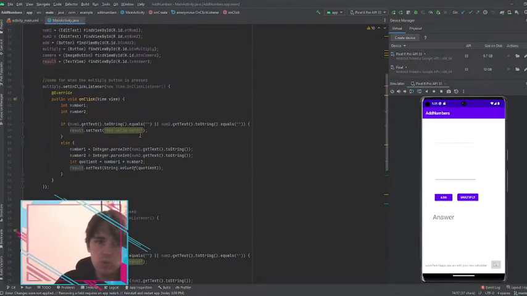The multiplication one is pretty much the same thing. Initializes number 1 and 2, checks to see that they aren't blank. If neither of them is blank, then it changes these two variables into whatever's in those spots, then it multiplies them and changes this into whatever the answer is. Hopefully that makes sense. I do have some future work I'd like to do on this, like adding a subtract and divide button,